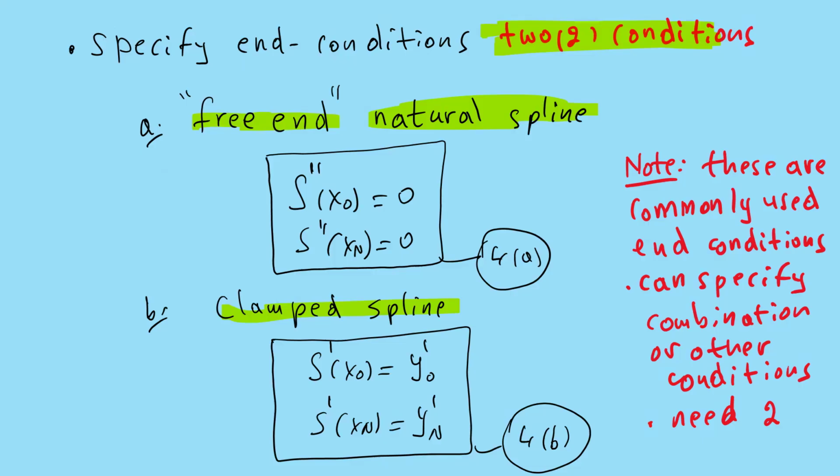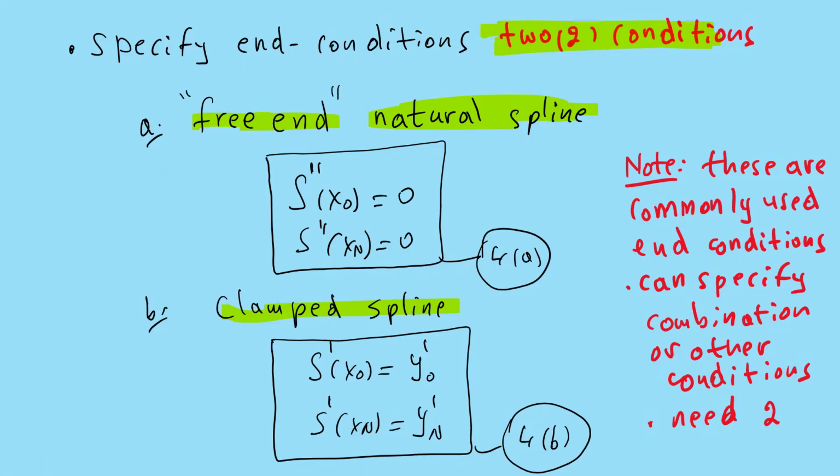One common choice is the natural spline, also called the free spline. In this case, we set the second derivative at both end points equal to zero. It means the value of the second derivative at the beginning data point and the end data point equals